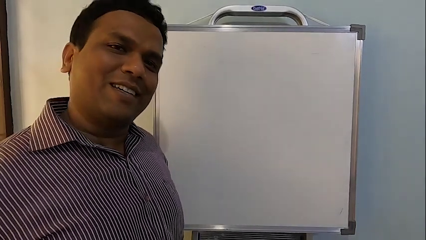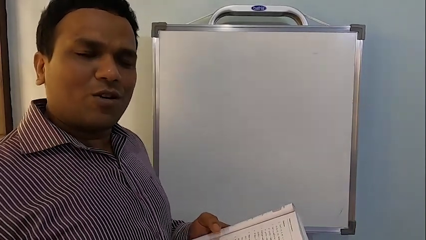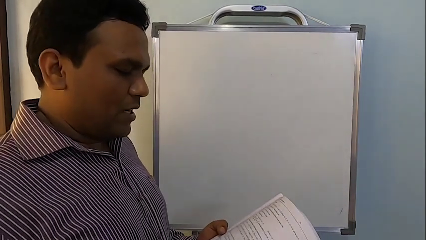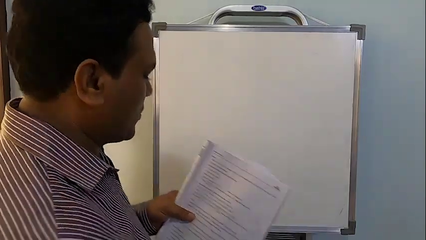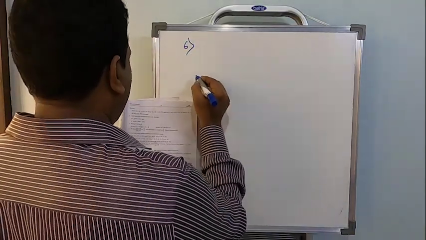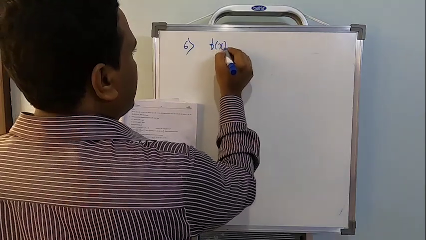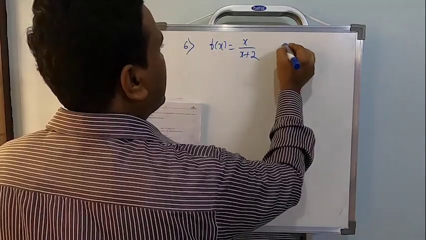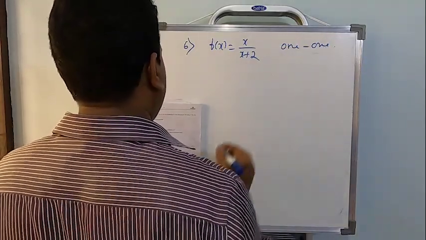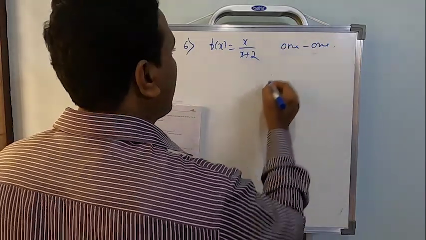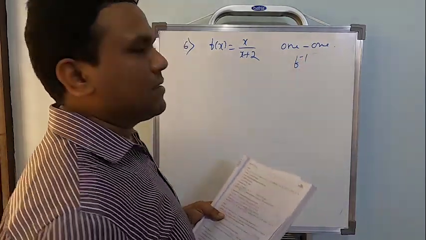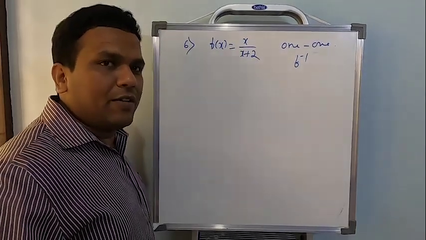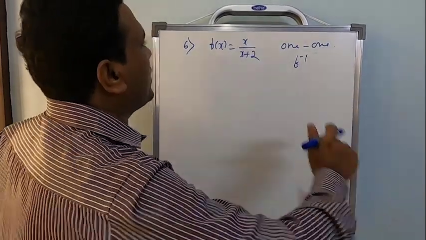Now fifth one, I said you can do it. It's not at all difficult. So you just check one to do it. Now let me go and find sixth one. I will solve sixth one out of it. What is given is f of x equal to x by (x plus 2), show that this is 1-1, right? And then they said find the inverse of f and then find f inverse. So show that it is 1-1 and afterwards you find out f inverse. Clear?